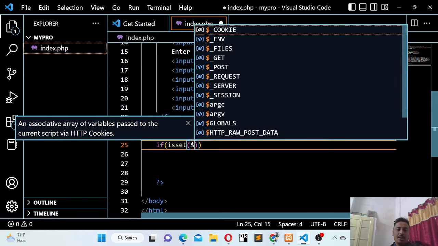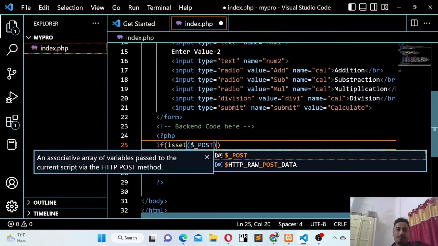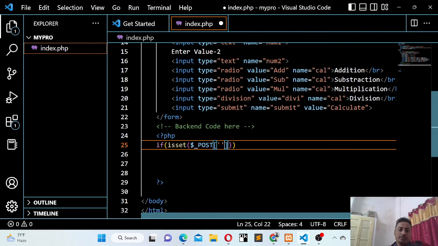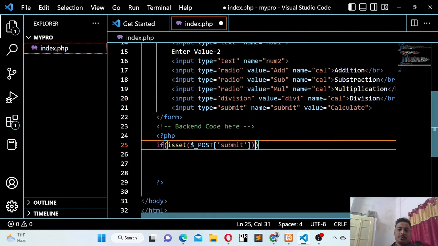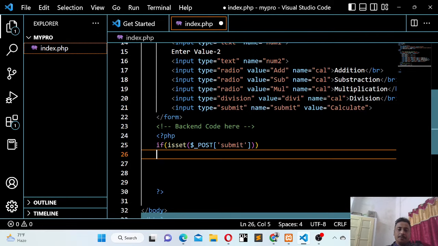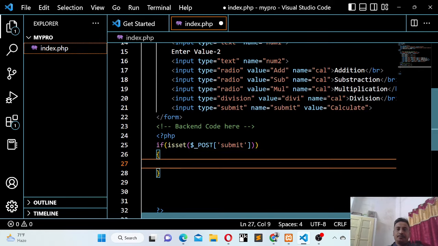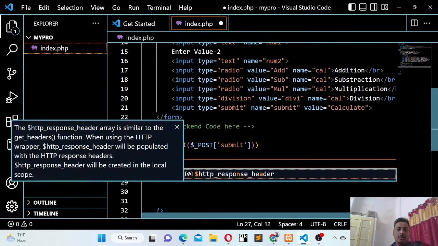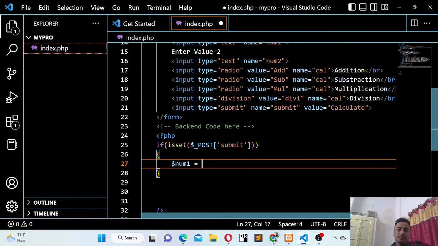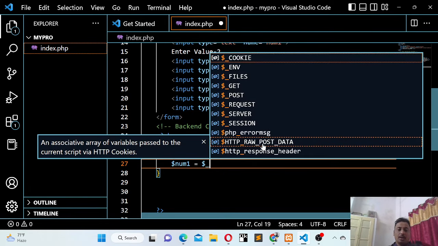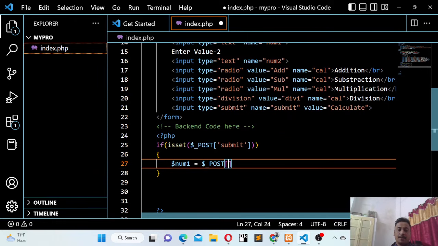So if isset, then $_POST, then submit, then $num1 equals to $_POST num1,